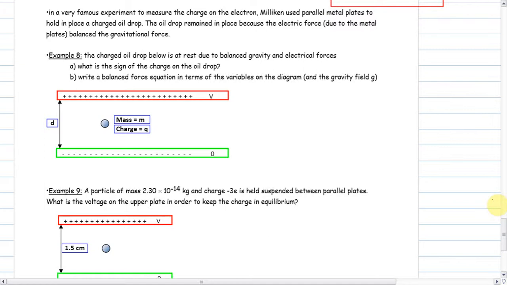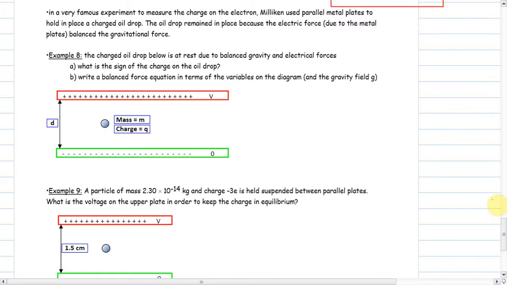The oil drops are small enough that they're atomized, meaning you spray it out of a little bottle, so they're small. You have to have a microscope looking at it. Now it has to be horizontal. You can't look down through a microscope. And then you find by atomizing it through the spray bottle, there's friction as it comes out. Some of the oil drops are going to be negatively charged. Some of them are going to be positively charged. You put it in between the parallel plates, and then you look at it with your microscope, and you change the voltage on the plates until